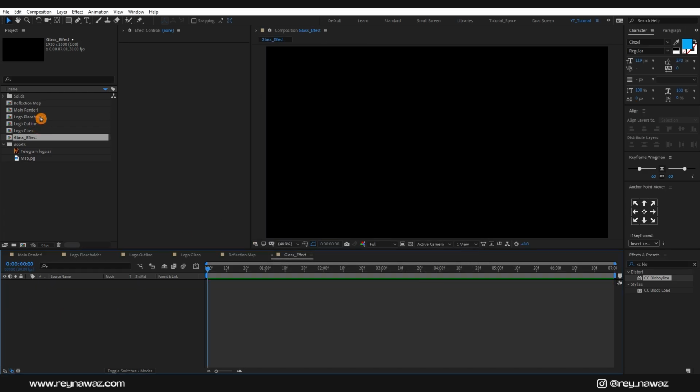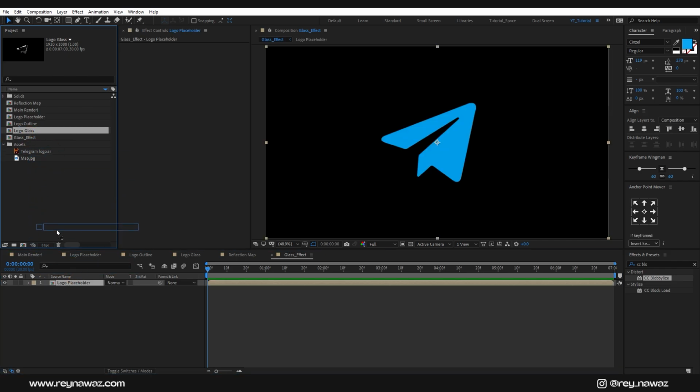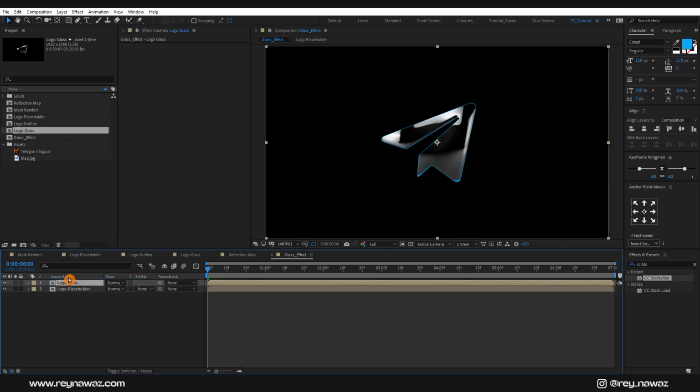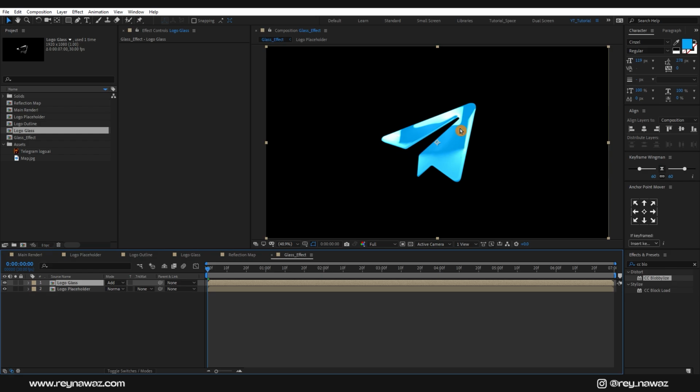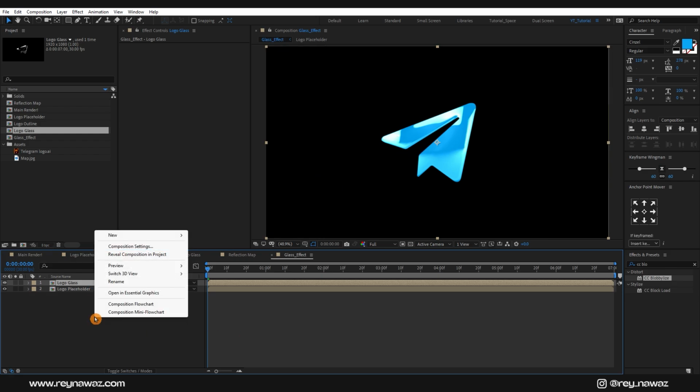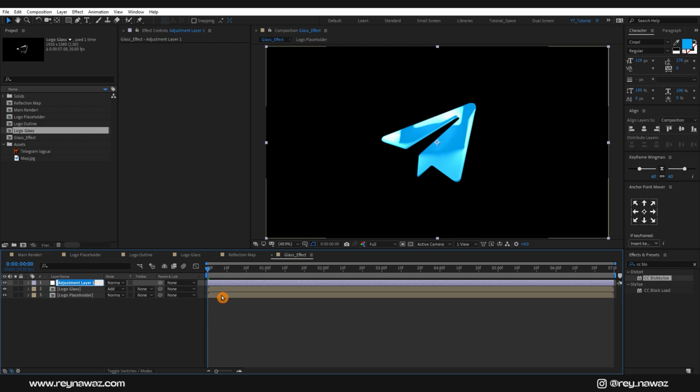After that, drag and drop this logo placeholder comp right here and drag and drop this logo glass effect on the top of our logo placeholder composition and change its blending mode to add to give it a reflection look like this. After that, right click over here, new, and create a new adjustment layer and rename it to light